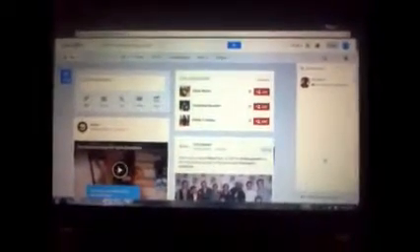This is how a Google Plus account will look. Now, on the right side of the screen, there is a box. Below that is the Google Hangout box, and below that box you can see an icon that is start a video hangout. So click on that and the Google Hangout screen pops up.